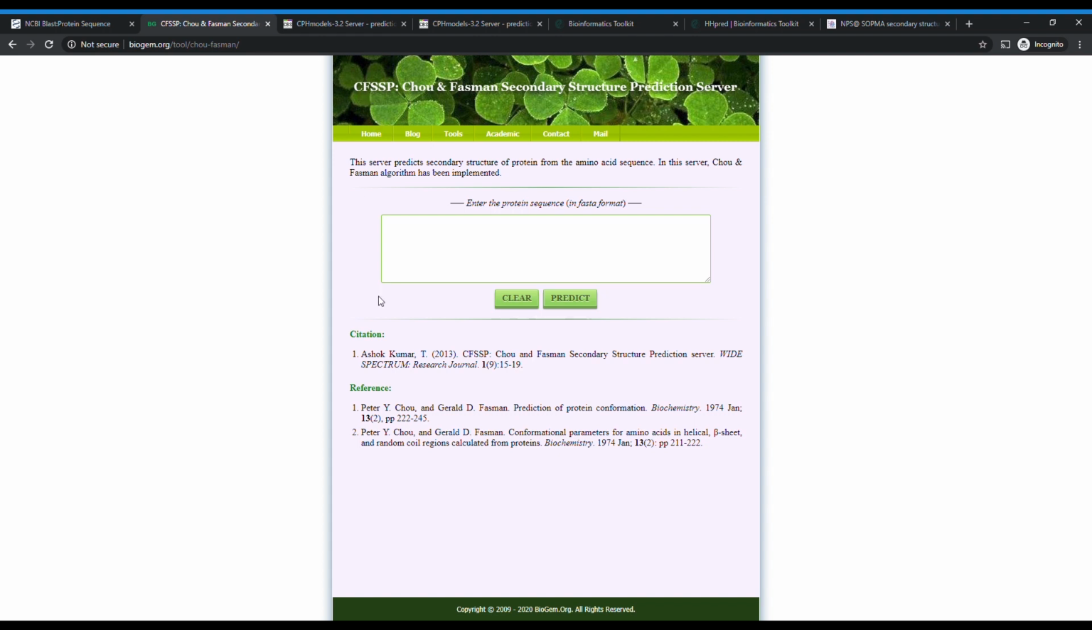Oh, lo and behold, here's the paper, the second reference at the bottom of the page. Chou and Fasman, conformational parameters for amino acids in helical, beta sheet, and random coil regions calculated from proteins in 1974. Okay, so it was kind of, I don't know, I wasn't right. So what you can do with this